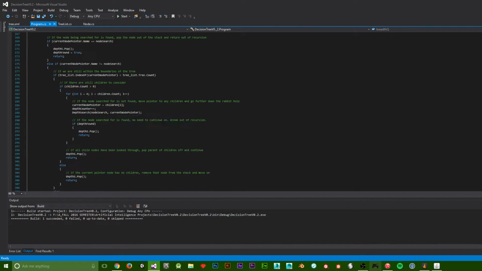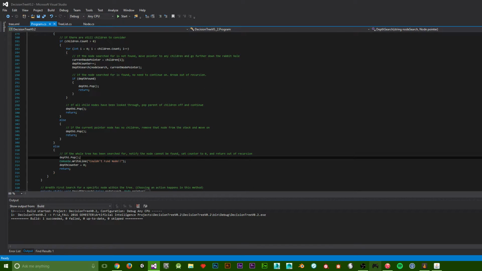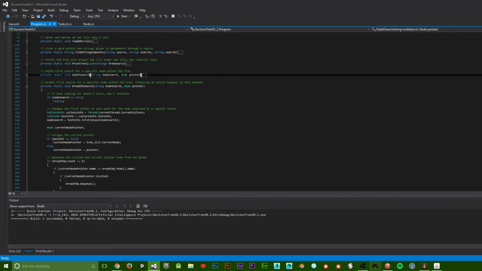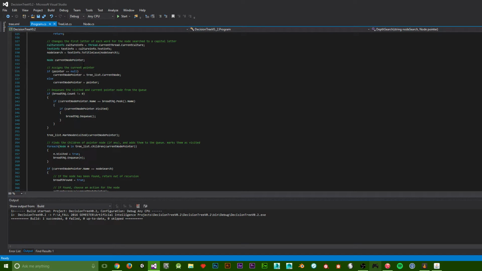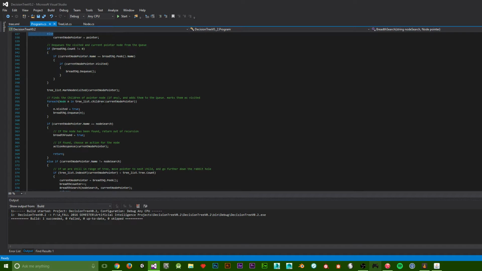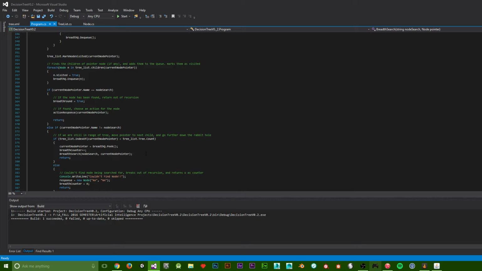And once it has found the node it was looking for, it will pop the node out, it will set it to found, and then it will start returning out of all of the recursive calls that were made. And if it doesn't find it, then it just says it couldn't find the node. In breadth search, it's very similar, except using a queue. It does all the same. It makes sure that the node exists, sets the current pointer to the current node in the list. If it finds the node, it returns out of all the recursive calls,